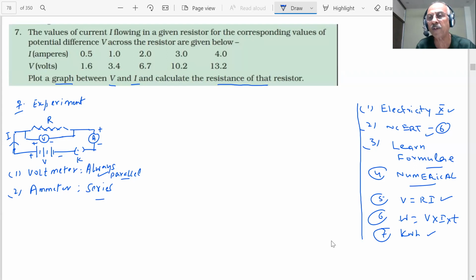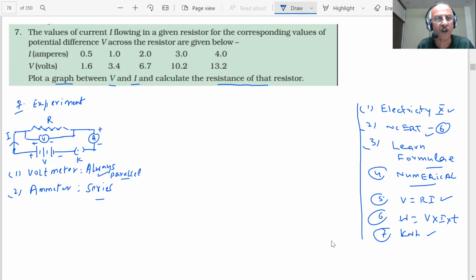As I repeat, students, try to understand each and every question, its language, and see what formulas are being used for answering such a question, and then we can give the correct answer. If we don't understand the question, the correct answer cannot be given. Take time, students. Understand the question very clearly. So that's the reason I have drawn the circuit. Okay, you have 1 to 2 minutes to find the value of the resistance, students.